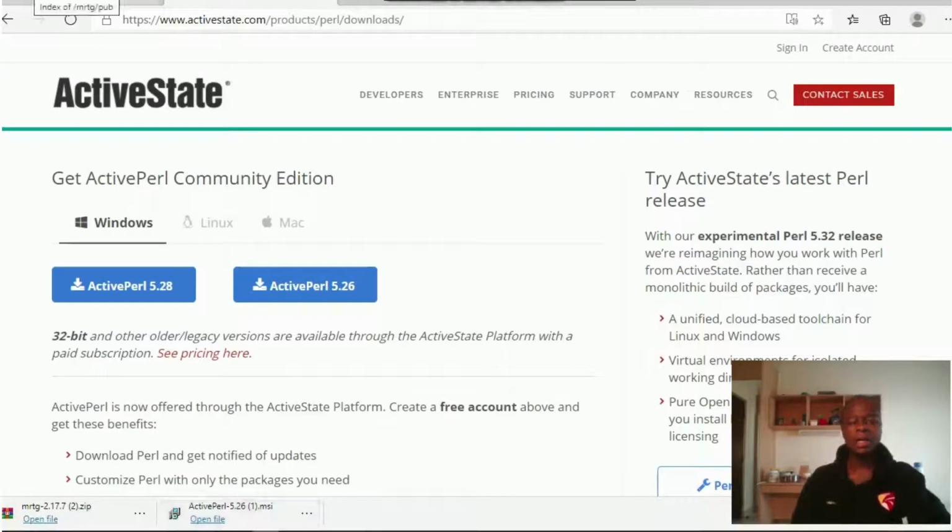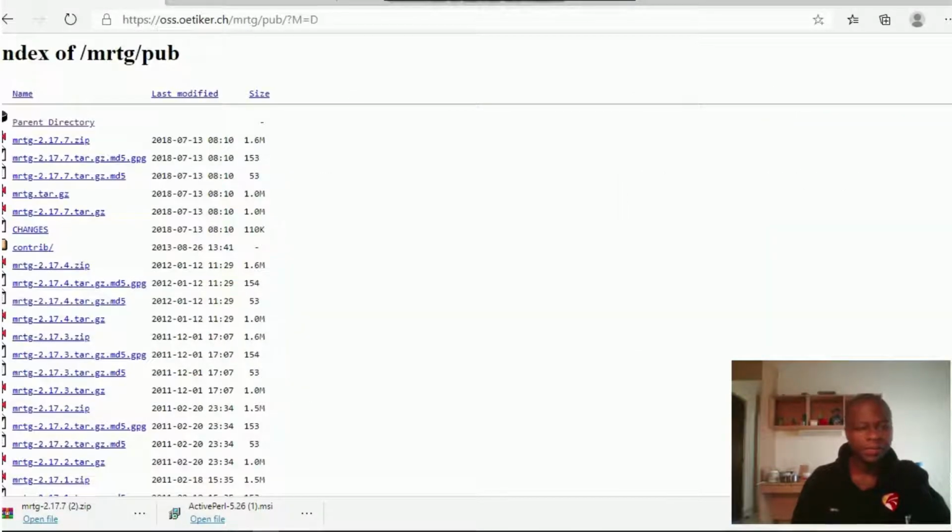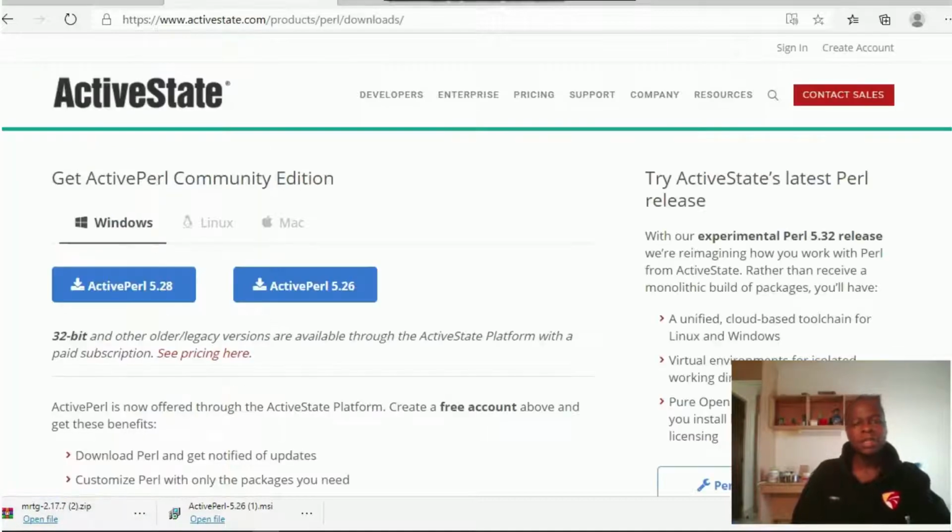download our MRTG file. I will put the links in the description so that you can just download them easily. So you will need to download MRTG 2.17.7 zip for your Windows. I've already downloaded it. You're also gonna need to download Perl version 5.26 from Active State. I've also put in the link in the description,